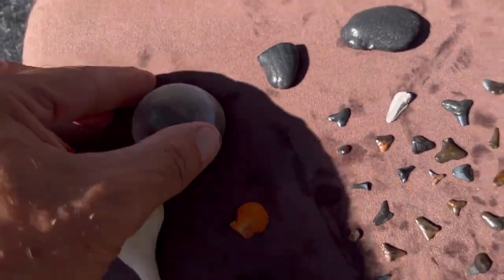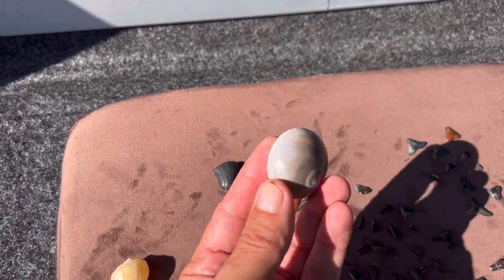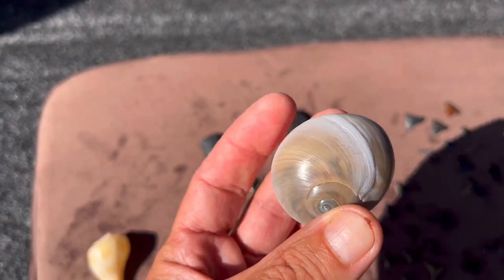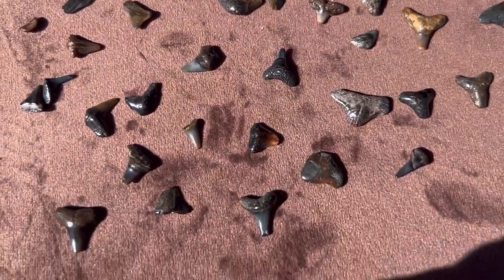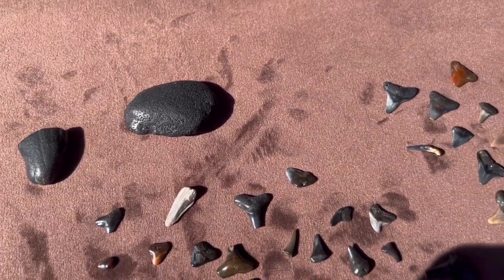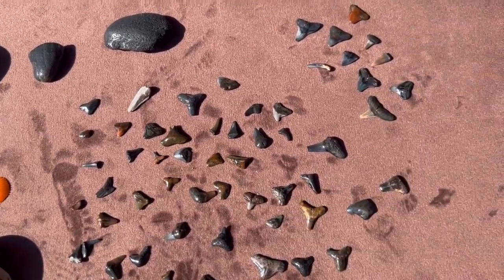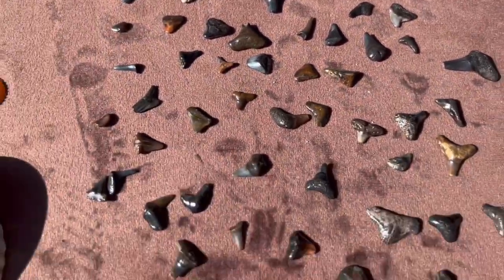And then this one, it's kind of a nice, elegant shell, which is in good shape. So I really like that one. And then these are the shark teeth, and they look a lot better in the sun today. Last night when I got back to the truck, it was getting a little darker. So I did film them, but I wasn't really happy with how it turned out because it was all kind of shadowed out. But so these are the fragments that I got,